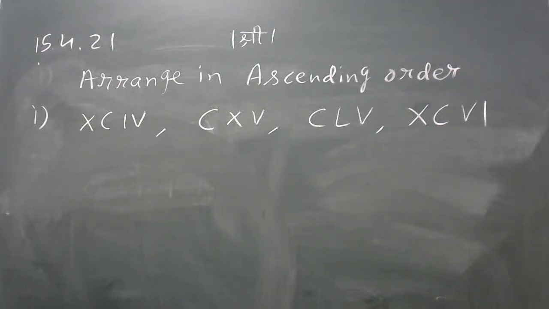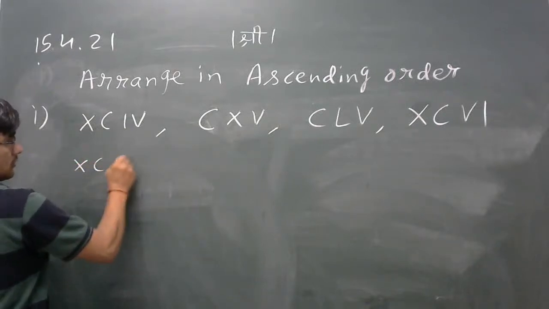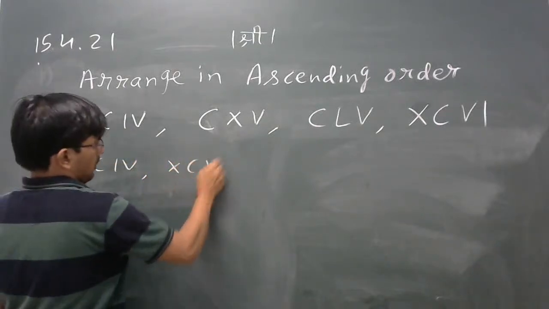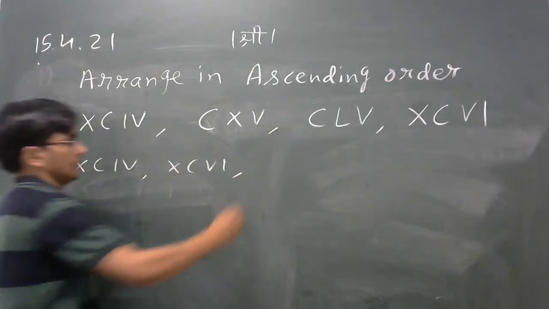Yes, you have to write, all of you just note down. Okay, so the smallest one is 4 and 6. So XC4 is 94, 96. Then you have